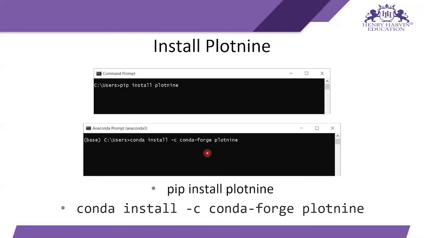Next comes Anaconda. If you are using an IDE like Spyder, Jupyter, or PyCharm, you can just use this, or you can open your Anaconda prompt, open your environment if you are using one, and write conda install -c conda-forge plotnine. Through this, the plotnine library will get installed in your system and you can import it in your system or your Anaconda environment.